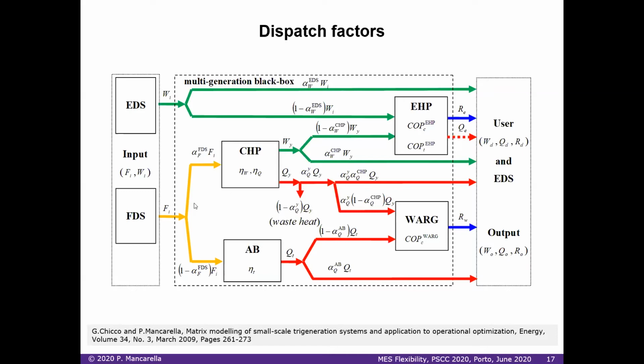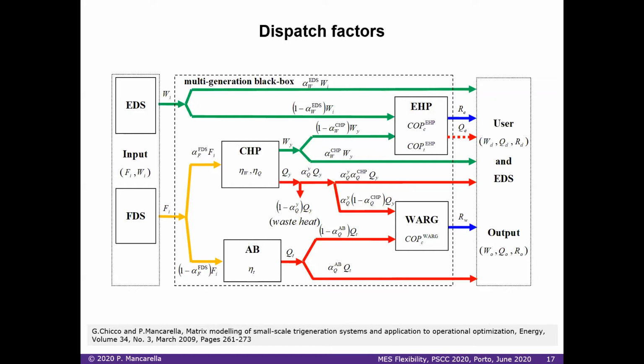Now, how you actually define, for example, how much fuel is going to the combined heat and power, how much fuel is going to the auxiliary boiler, how much heat is going to the user directly or to the absorption chiller and so on, depends on this kind of variables that we call here alpha, that basically indicates the split at sort of decision points within the hub